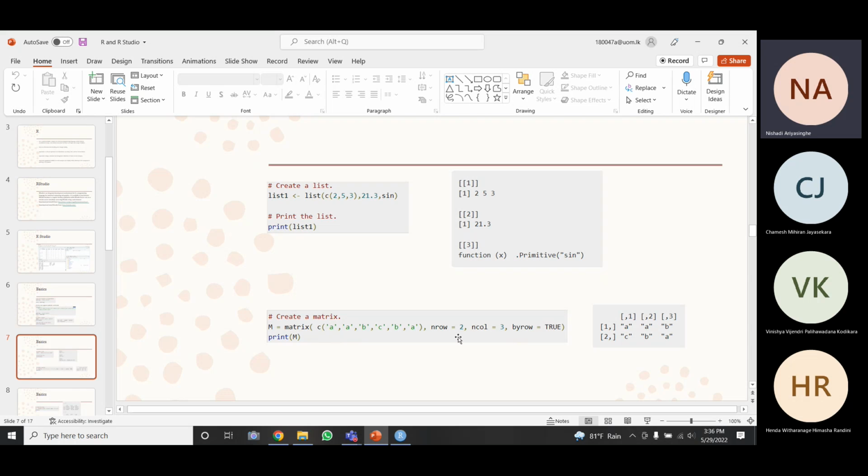When you say the number of rows is 2 and the number of columns is 3, RStudio automatically distributes these data into 3 columns. That is the first row, and in the second row the next 3 data go into the relevant columns, right? That will be organized by RStudio itself.